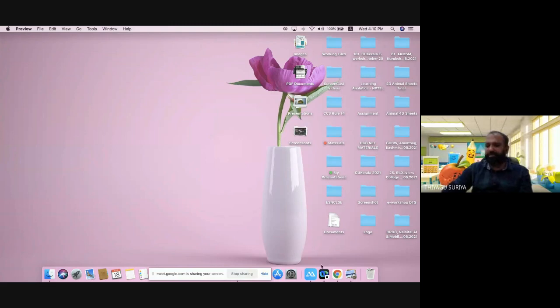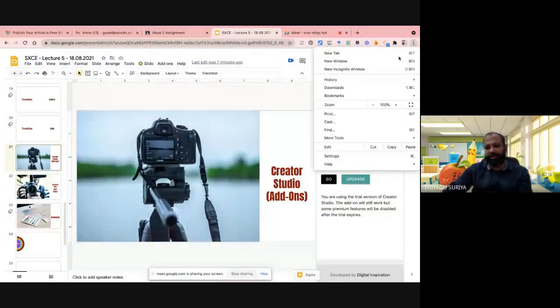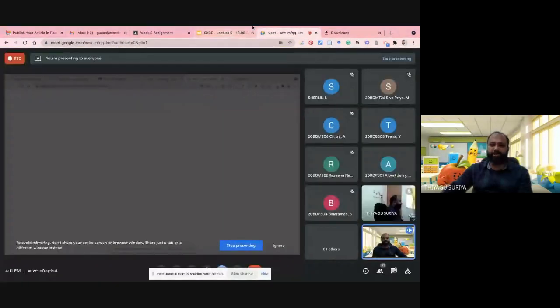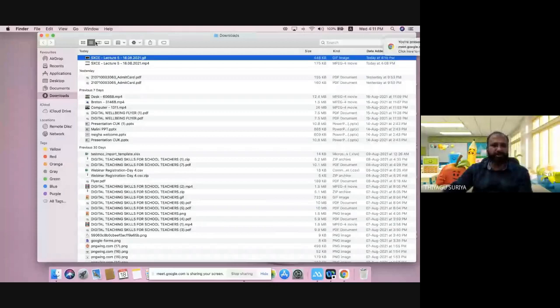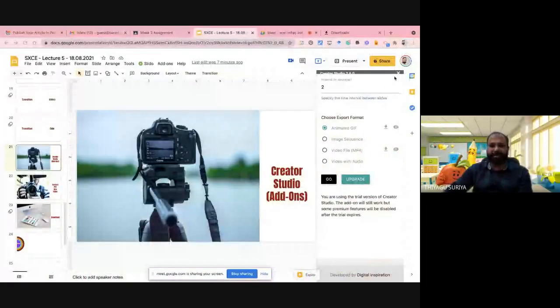Suppose you would like to keep this GIF image in your slide presentation, you can go to your slides and go to the download, and the downloaded files you can keep here. There is the downloaded file. So this is GIF. Yeah, you can add this GIF. Otherwise, you can go to this option. We can try whether it is enabled there. So this is an option. I'm going to go back to my slide presentation. I'm going to insert this GIF image in one of my slides.